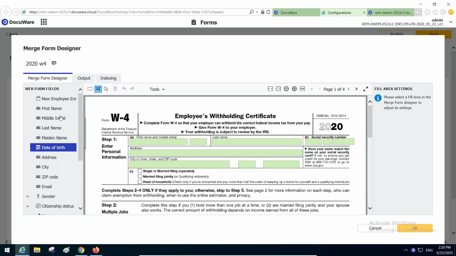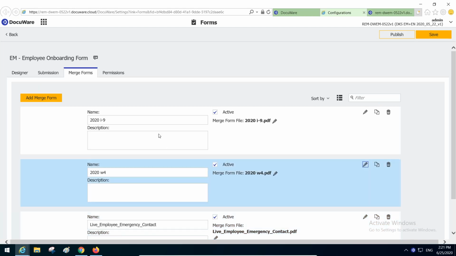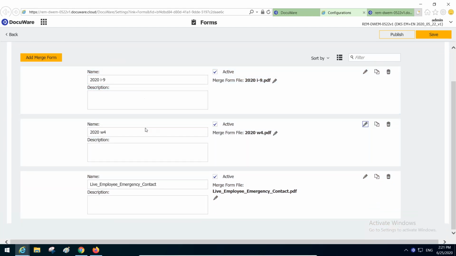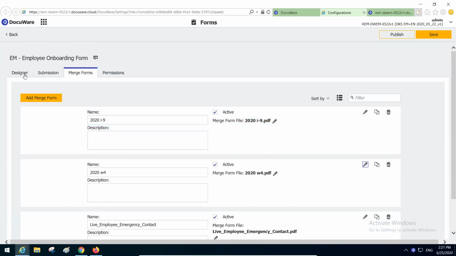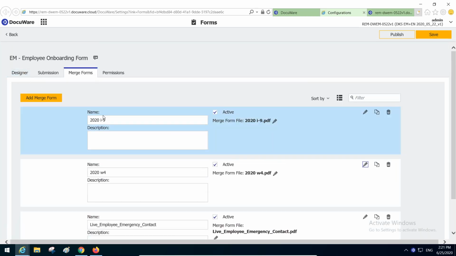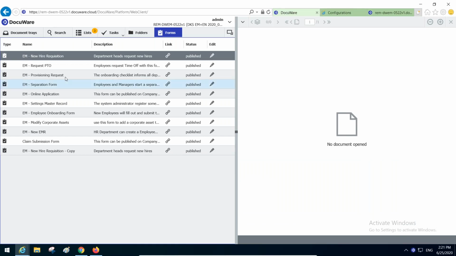All of these fields that are required can easily be mapped onto this form, and it really is just a matter of dragging, pointing to, and drawing a box in order to get this information mapped. And in this case, there are 3 different forms that the information from the web form is going to be merged onto. And if I come back here, I can show you